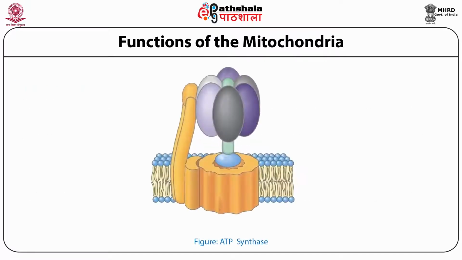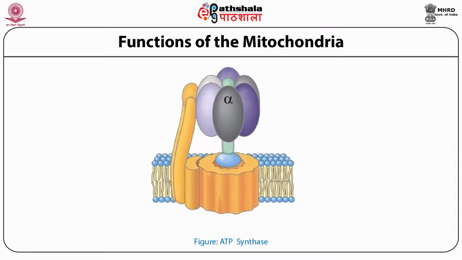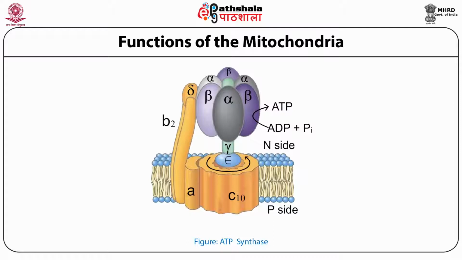The complex 5 or ATP synthase. The mitochondrial ATP synthase is an F-type ATPase and is present as a large enzyme complex of the inner mitochondrial membrane. It catalyzes the formation of ATP from ADP and inorganic phosphate and is driven by the flow of protons from the P phase, that is facing the intermembrane space, to the N side, which is facing the mitochondrial matrix